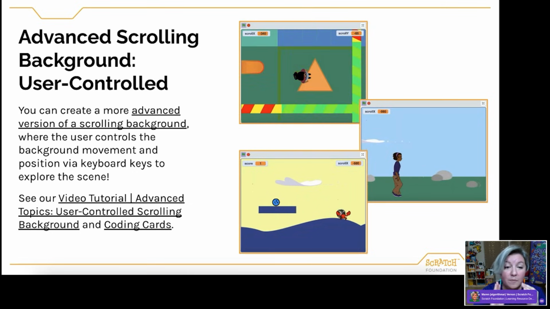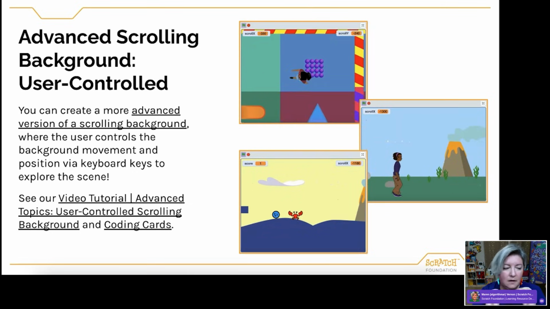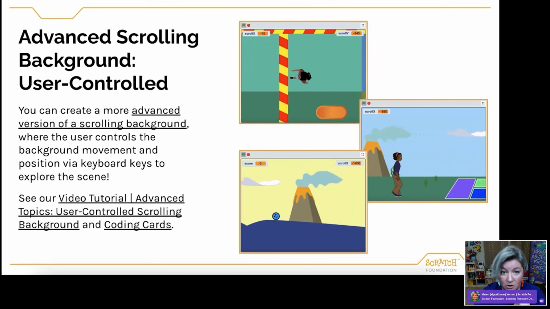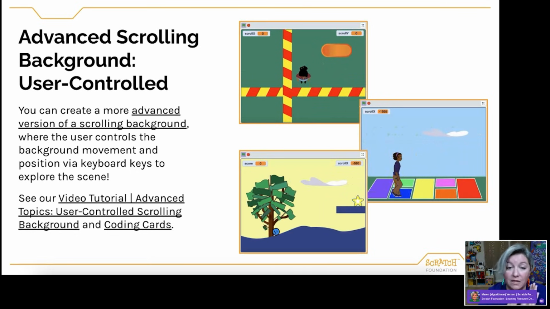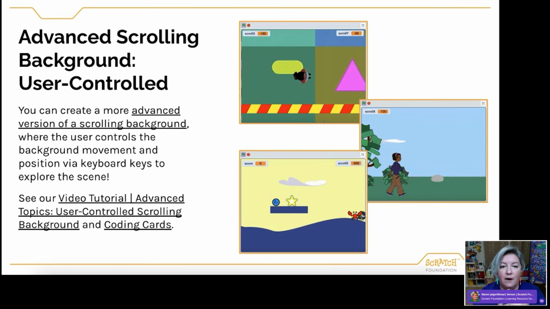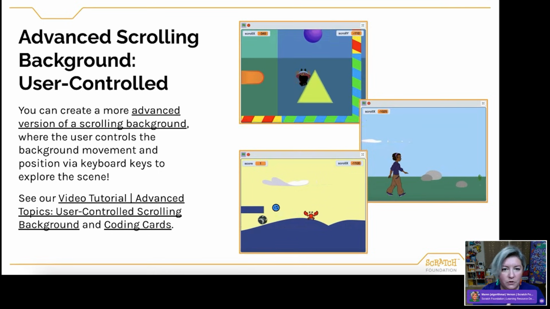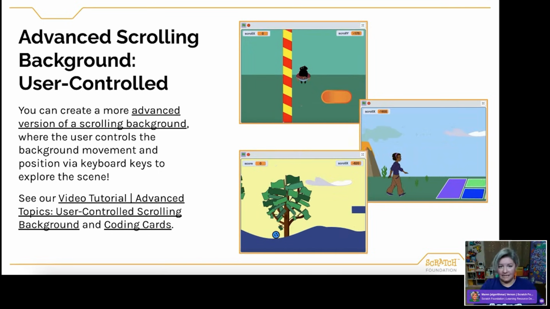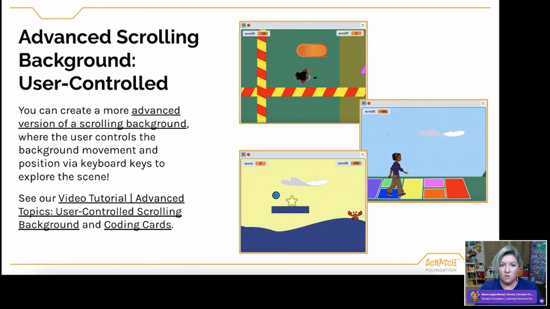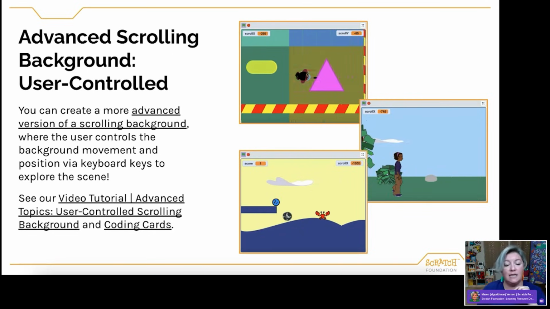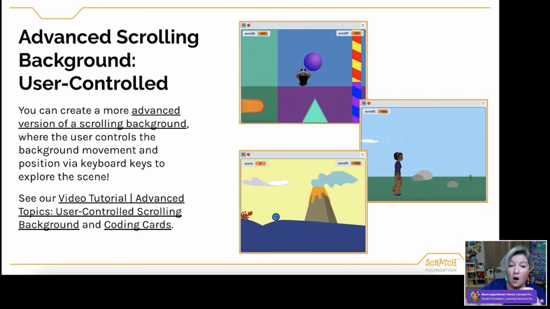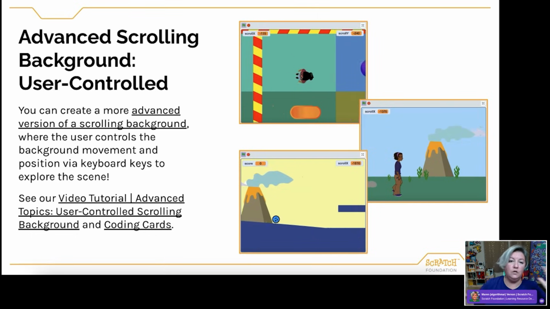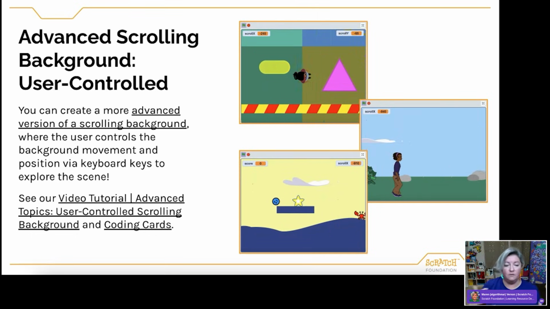And then in the backgrounds level up that we did earlier, I touched on scrolling backgrounds. Scrolling backgrounds are a really fun opportunity to explore a world in a game, so you're not just statically in one visual scene. In this case, you have these characters walking through these worlds, and you can use keyboard keys to walk them back and forth.